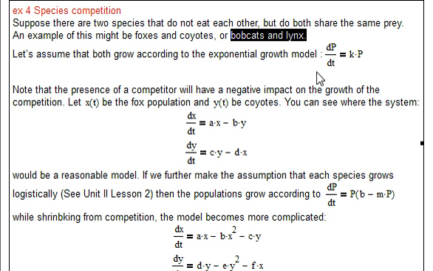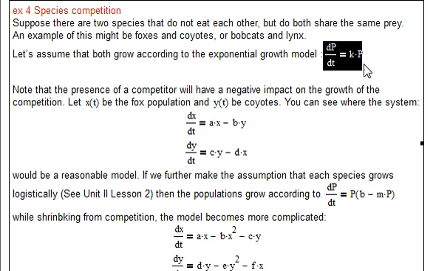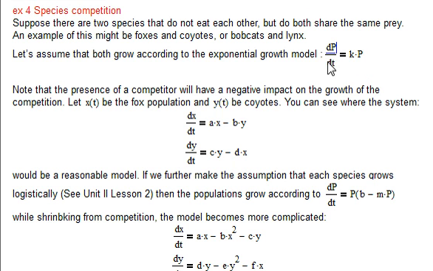So, assume that both grow according to the exponential model. Change in population over time is proportional to the population. And notice that the presence of a competitor will have a negative effect on the growth of the competition. So if x of t is, let's say, the fox population and y of t is coyotes, then you can see where this system, dx/dt equals, now look, a times x, that means it's growing exponentially according to the number of foxes, but going down,